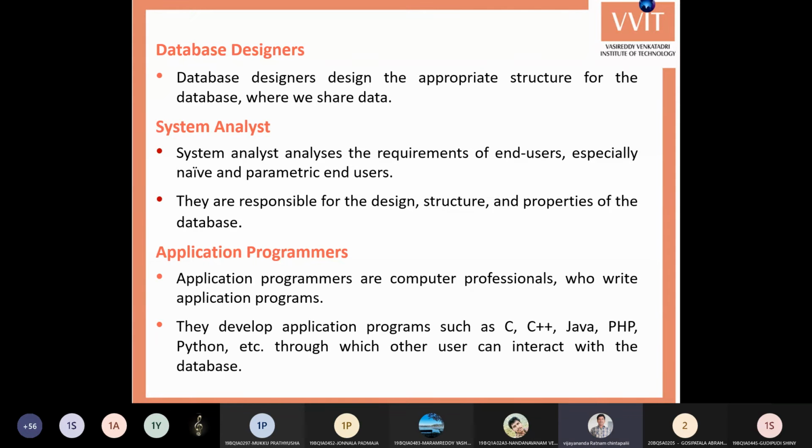Suppose students: student name, student ID, address. Next, employees: employee name, employee ID, salary, address, designation. Next, a branch: branch name, branch ID, the number of specializations. And next, books: book name, book ID, title, author, book edition, cost, and all these things. Once you have identified all this, next comes their relationship.